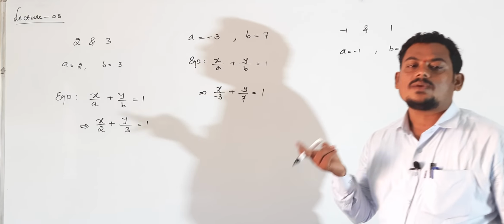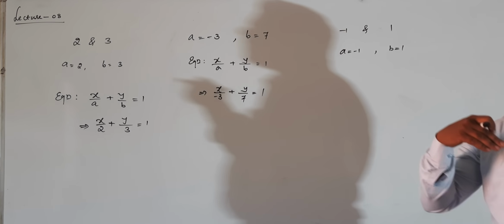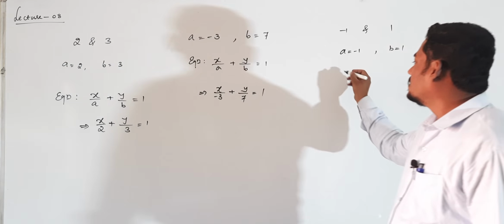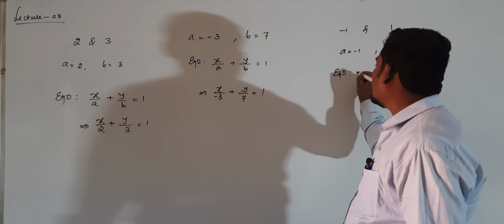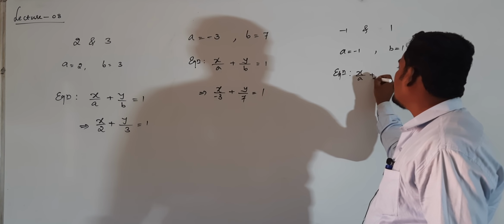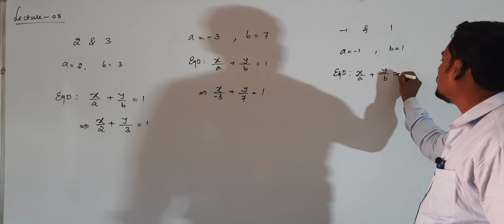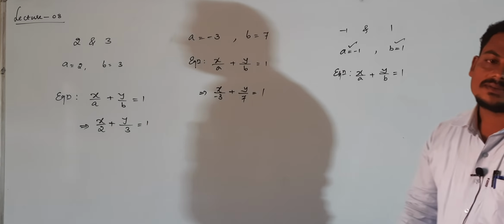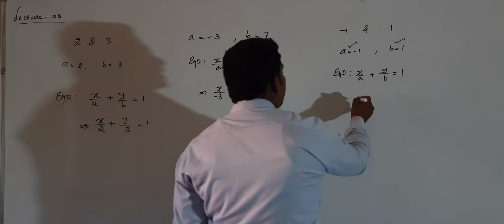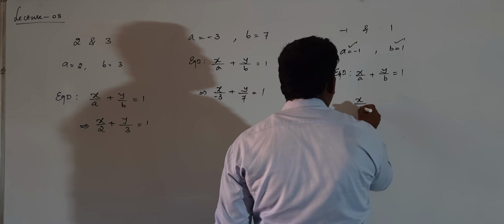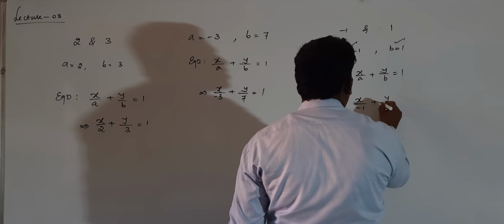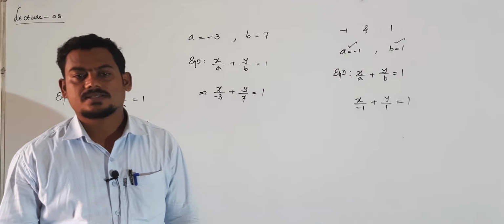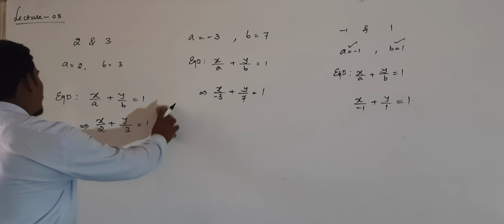Suppose x intercept and y intercepts are given, then what is the formula? It is exactly same as the previous one, right? Required equation is clearly x divided by a plus y divided by b equal to +1. After that, replace small a value and small b value. Then x divided by -1 plus y divided by +1 equal to 1. This is the required equation. Next problem.